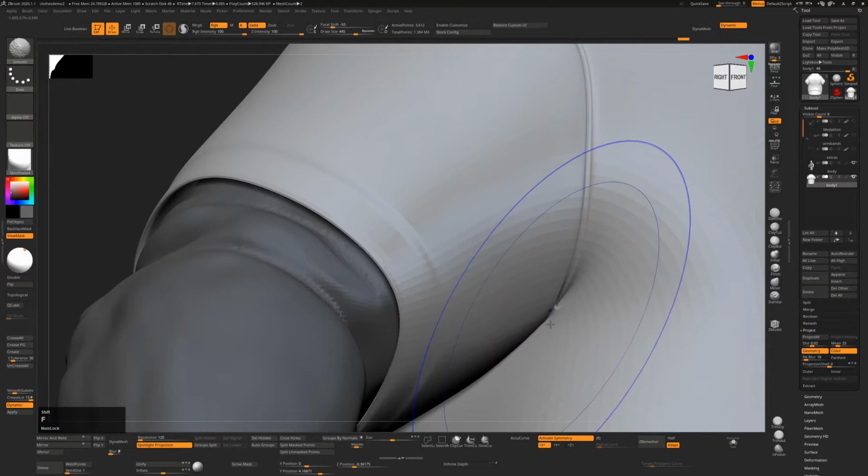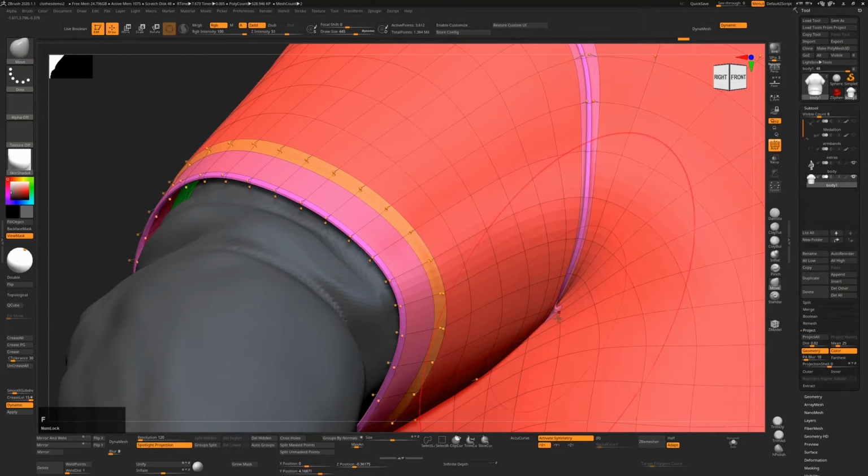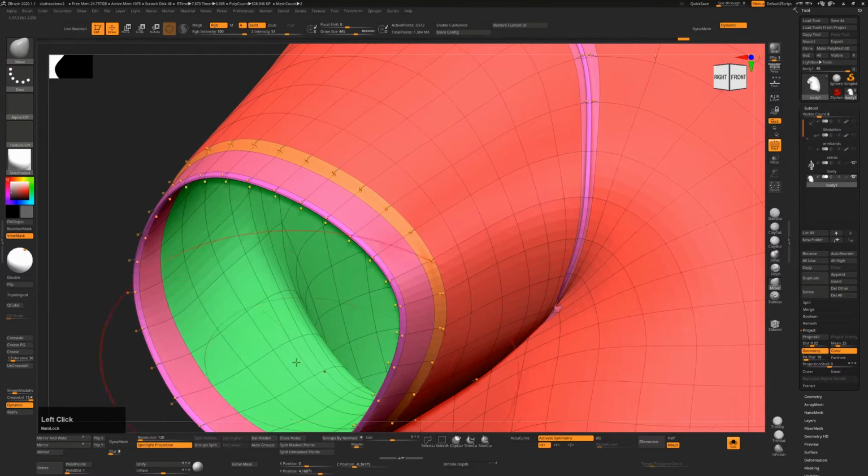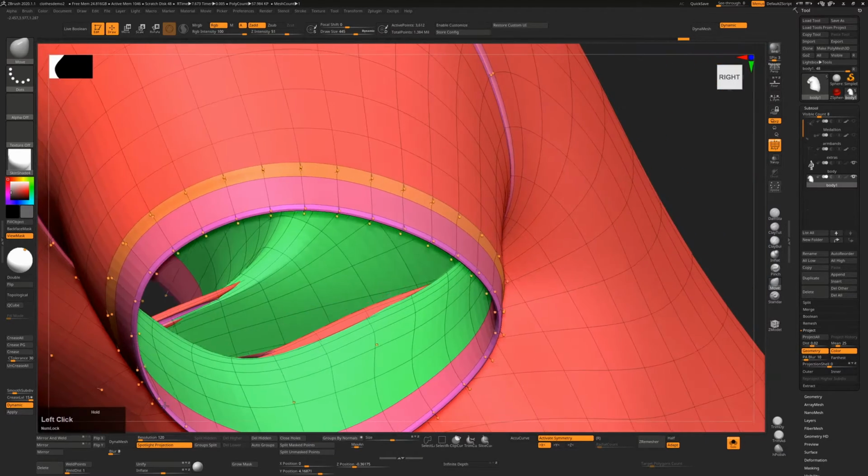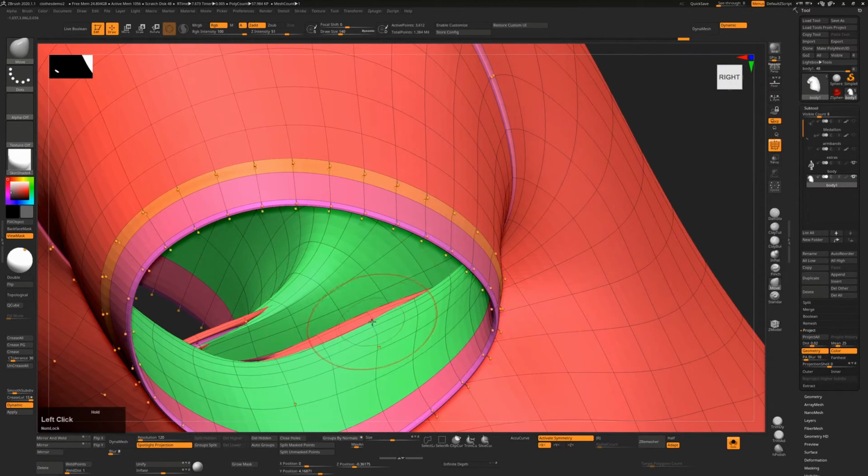We may have some small pinching issues down here, but if we go into solo mode, we can have a look and see what was happening there. And it's just that the inside of this was actually causing a problem. So I'm just going to press Shift and smooth some of that out